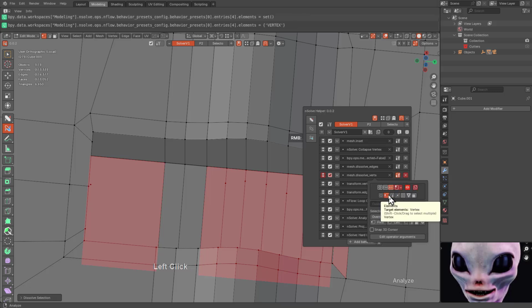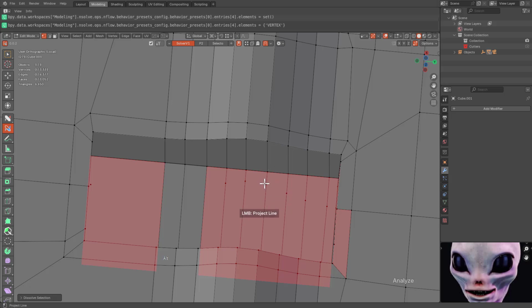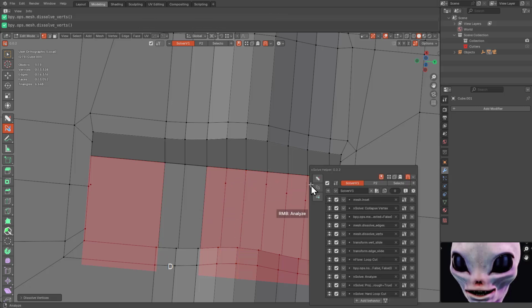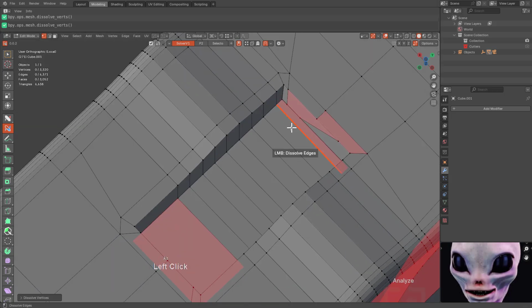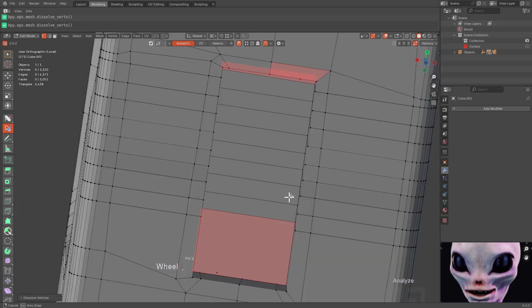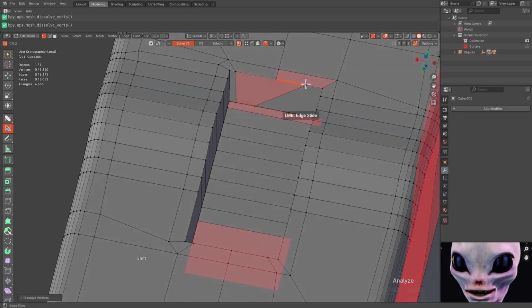So we'll go ahead and set that. And for dissolve verts, we probably want to turn off the after so that way it's instantly responsive. You know, some things just work better instantly responsive, but we definitely don't want to dissolve the accompanying edge. But it looks like we did create a kind of double situation that is a little icky.